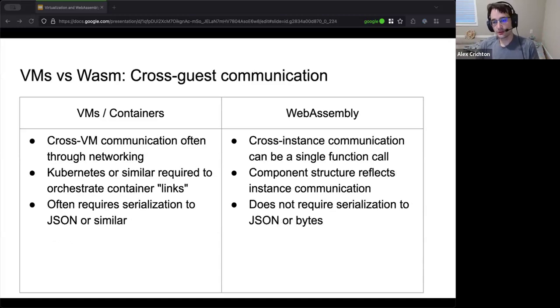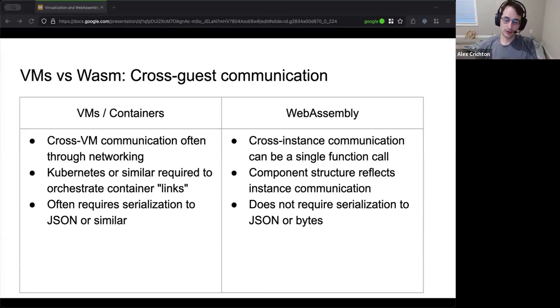All right, the final thing that I want to talk about in terms of comparing and contrasting, which I was talking about earlier, is cross-guest communication. This is where you have one virtual machine that wants to talk to another, or a container wants to talk to another. A lot of times that's done today with Kubernetes to align all the stars and get everything talking together. I've been told there are these things called sidecars to make things route correctly, and you use a lot of JSON, a lot of serialization, a lot of protobufs, all that fancy stuff. That's the lingua franca with containers and VMs, and the intention is to improve a lot of that on WebAssembly.